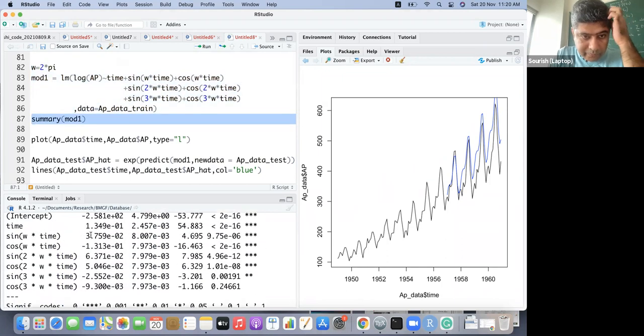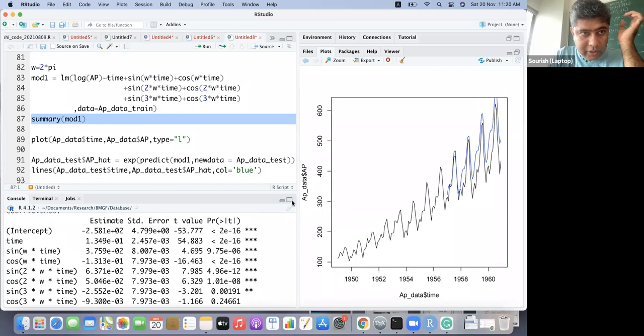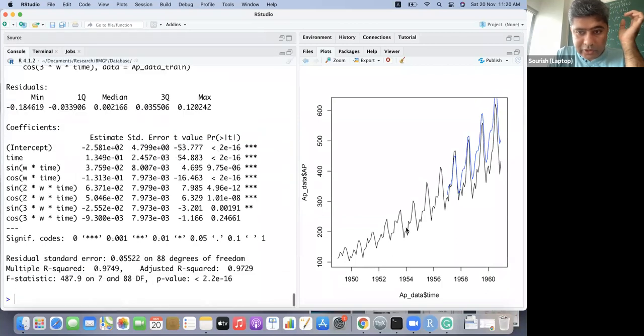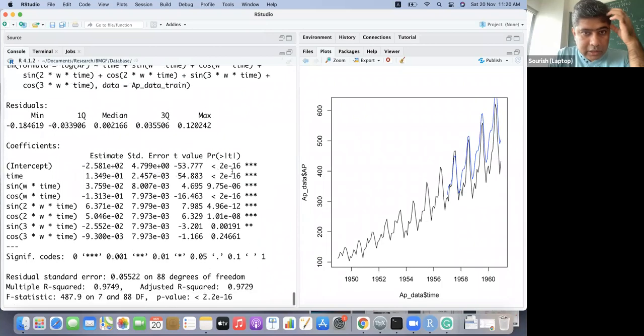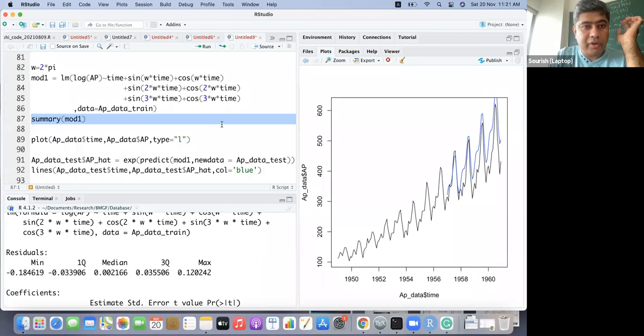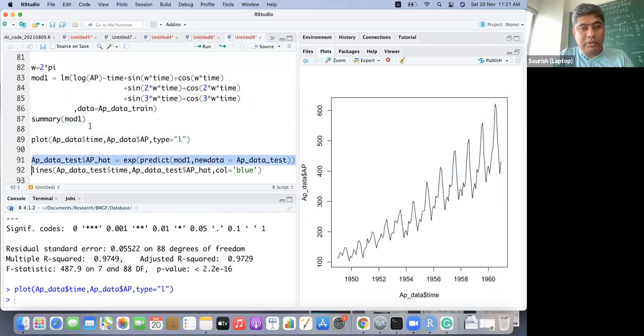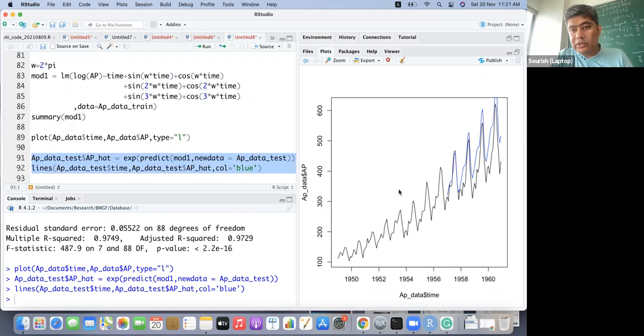you can see now in the fitted model, which has used only data up to 1956, not beyond that, the cos 3 omega is not very effective, but up to 3 omega it is sort of effective. And now if we just plot the forecast, it sort of started picking up the behavior for sure.